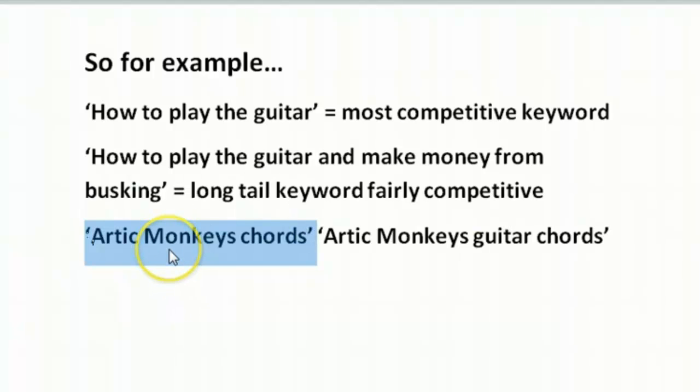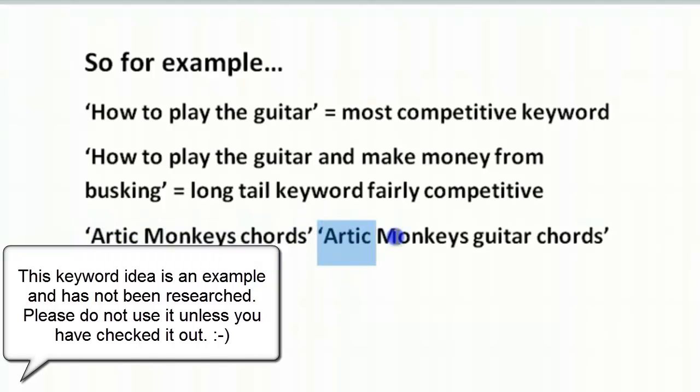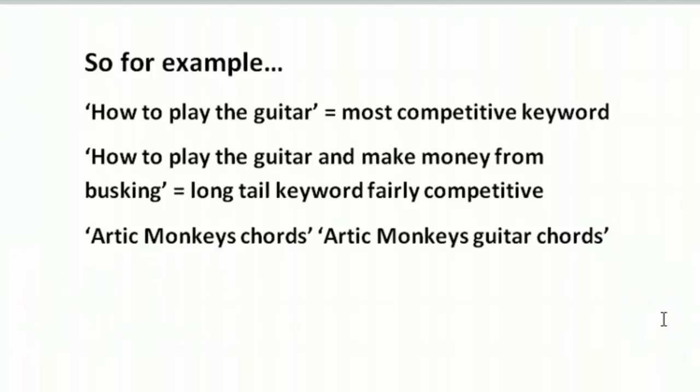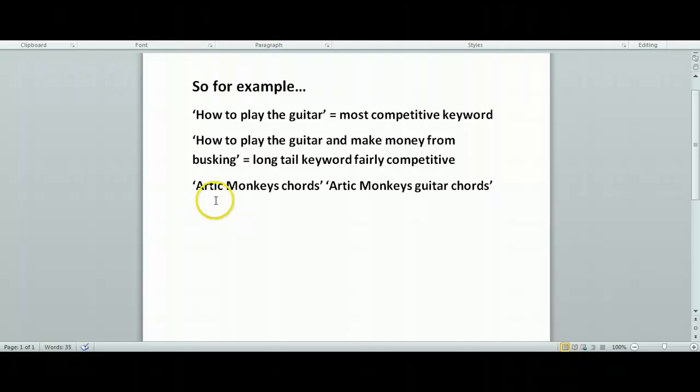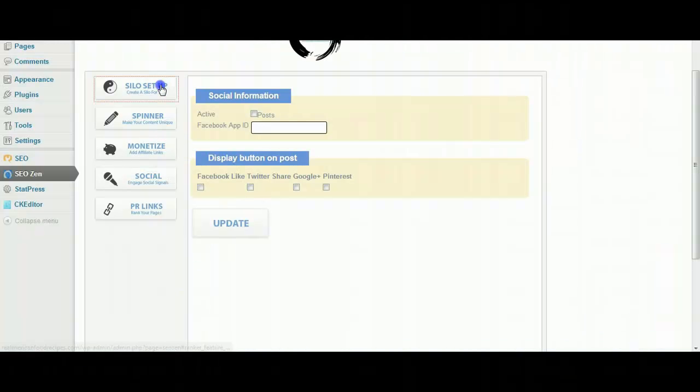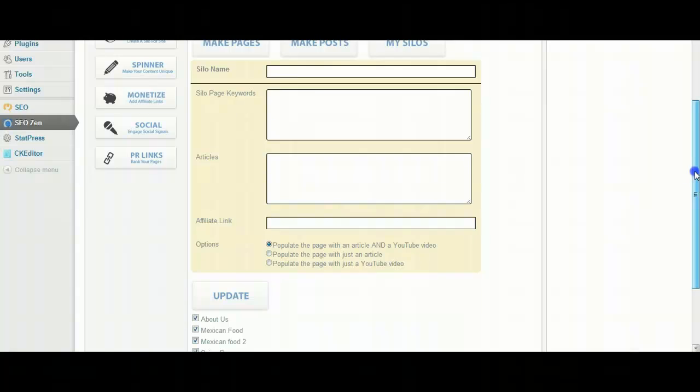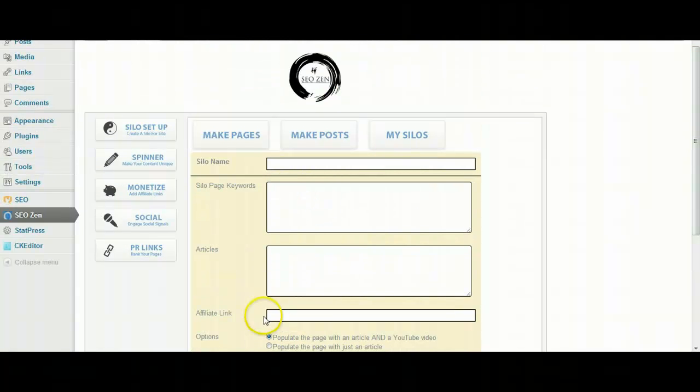So for example, that one has been searched for say 1,000 times per month. That one there has probably been searched for 800 times a month. Then they would have another keyword which is probably being searched for say 500 times a month, and they will create these keywords as a silo using the SEO Zen. So you'd put all your keywords in there and you'd create a silo of pages that are all connecting to the same relevant topic, and instead of having just the